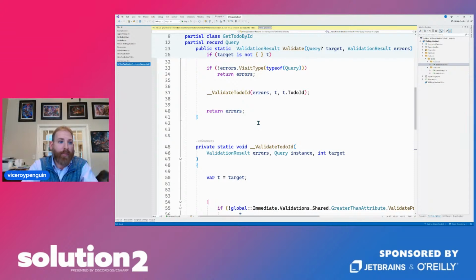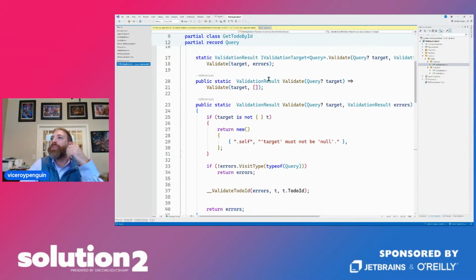There's no, it just automatically, there's the chair. So